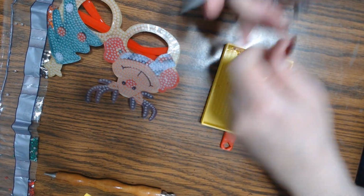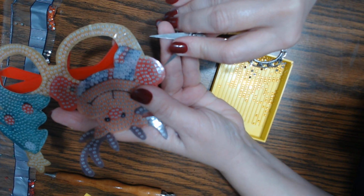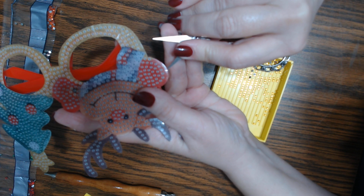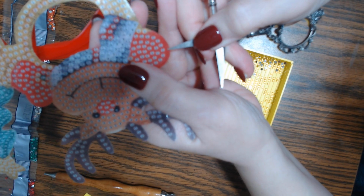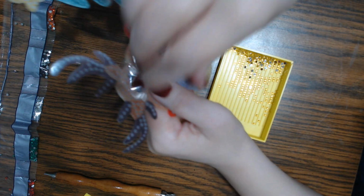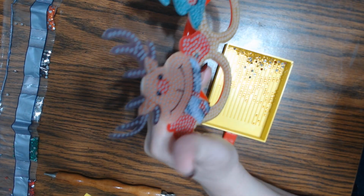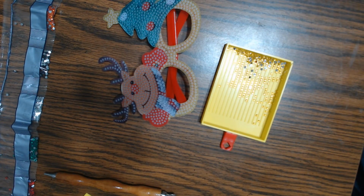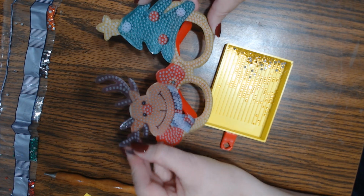I either use my really sharp tweezers, or I have these sharp scissors here, and I put it to the edge, and I keep working it until, of course, it's going to take me longer because I'm doing it in front of you guys. Oh, there we go. It slid up underneath there, and then you can pull that off. I'll take this completely off because even if I don't finish this, I'm not going to cover it with this